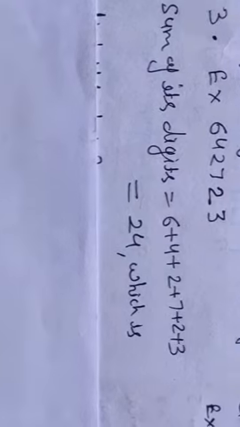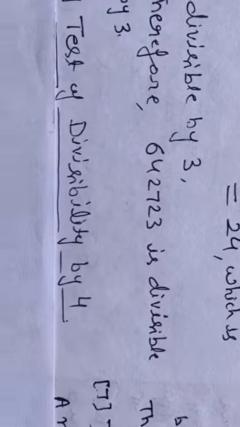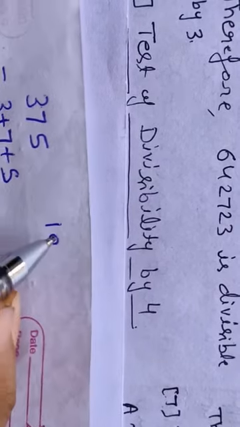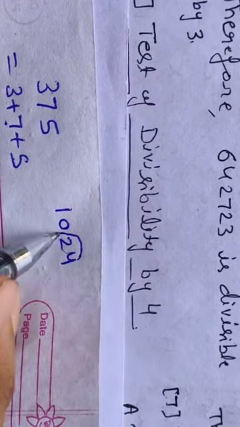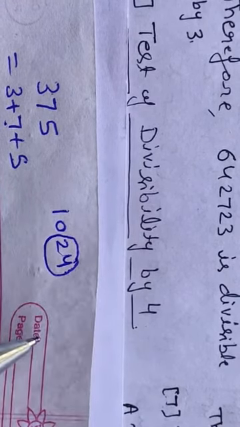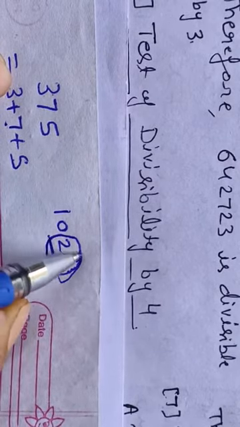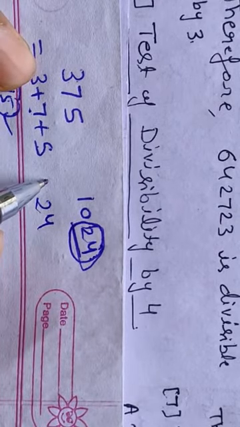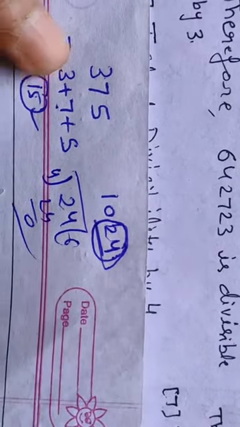Okay. Now the next divisibility test, by 4. What is the test? Suppose a number is 1024. We take the number formed by the last two digits of the given number. For example, in 1024, the number formed by the last two digits is 24. If it is a multiple of 4, 4 sixes are 24, then the number is divisible by 4,